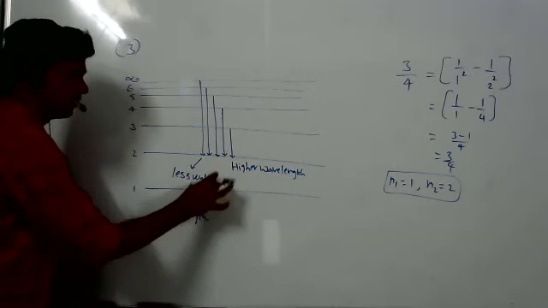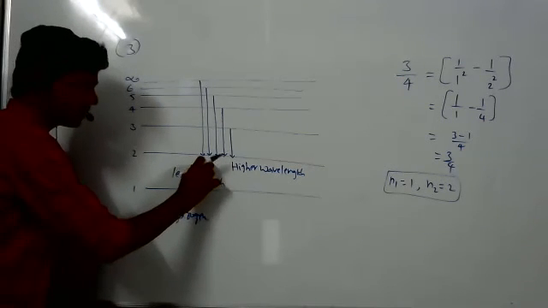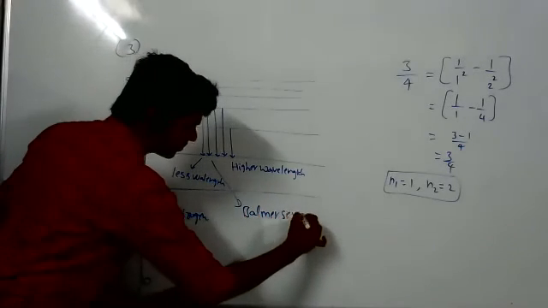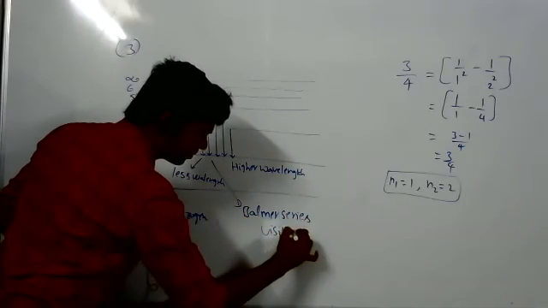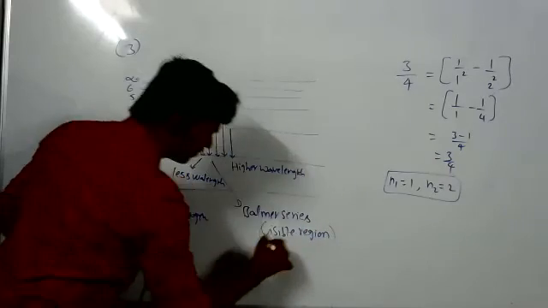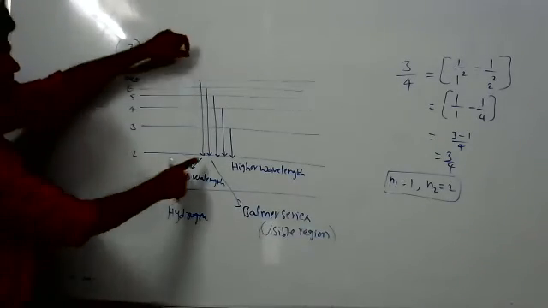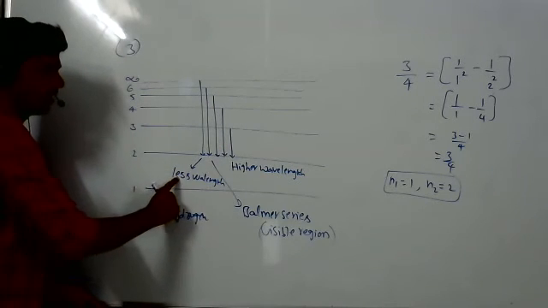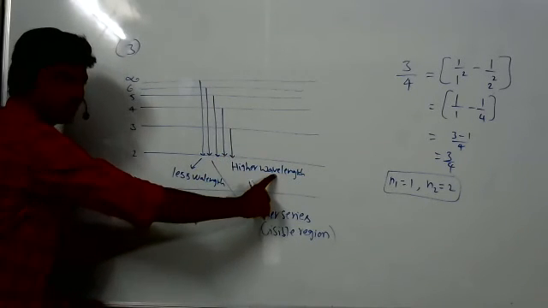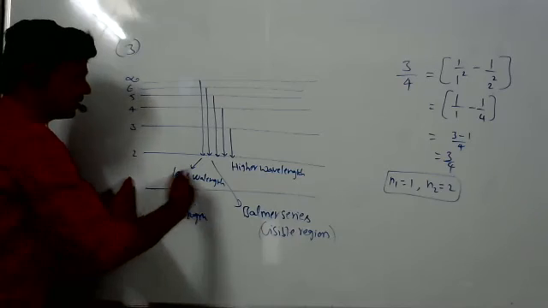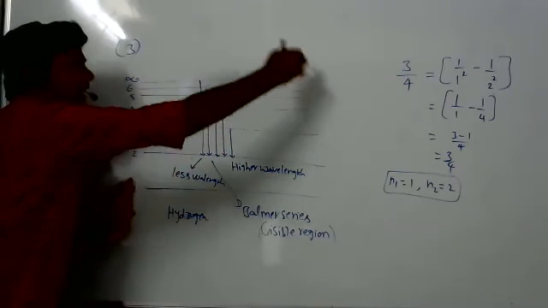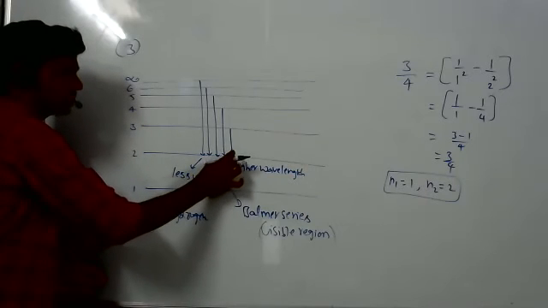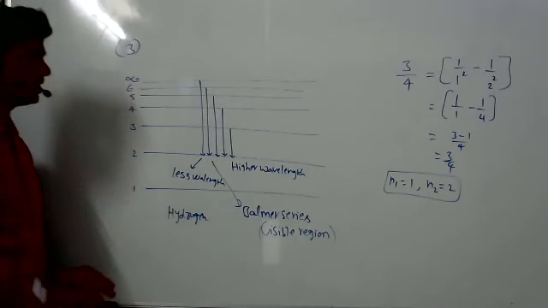So their visible region, Balmer series is obtained. This is Balmer series. Visible region. Here the line is from infinity to second energy level. It having high energy gap, less wavelength. This is low energy gap, high wavelength. So if you move from right to left, the obtained line having higher wavelength. Nothing but the gap between the lines increases. Actually, the gap between the lines increases. So now which option is correct?